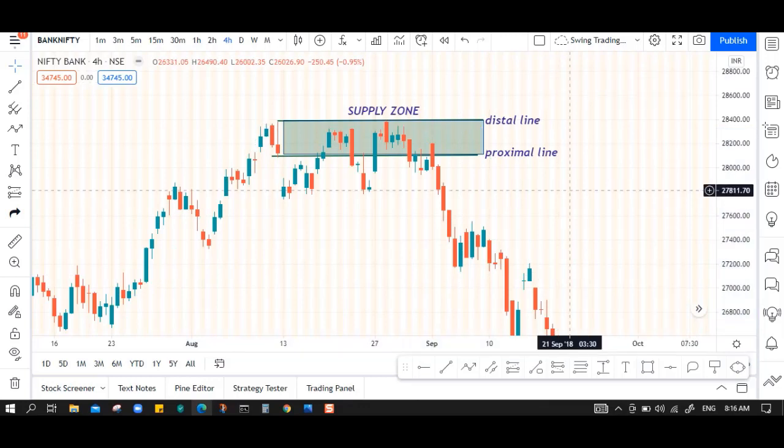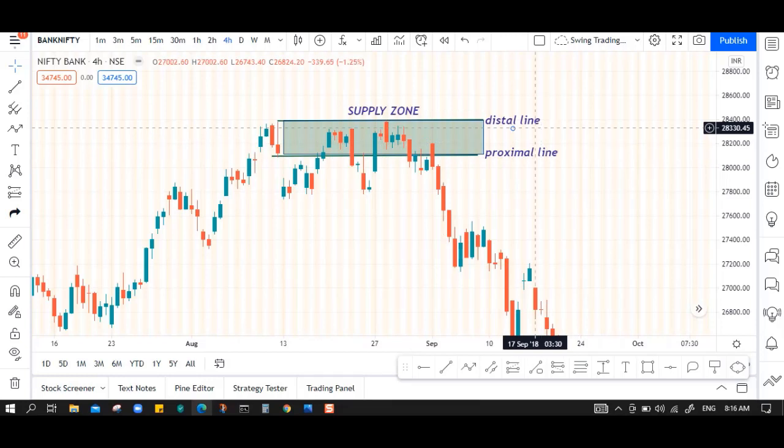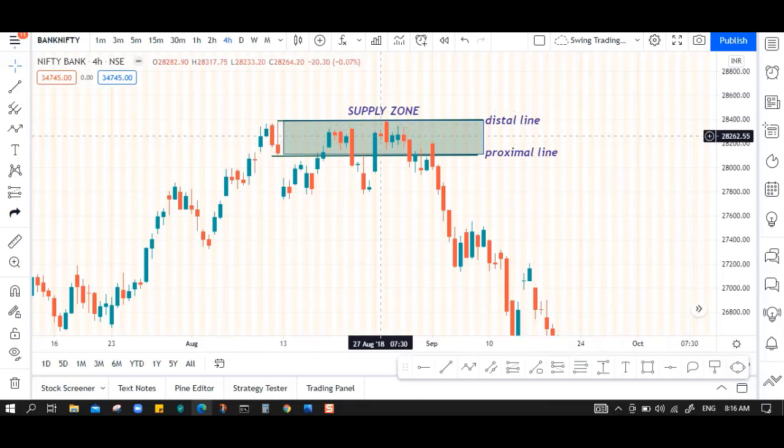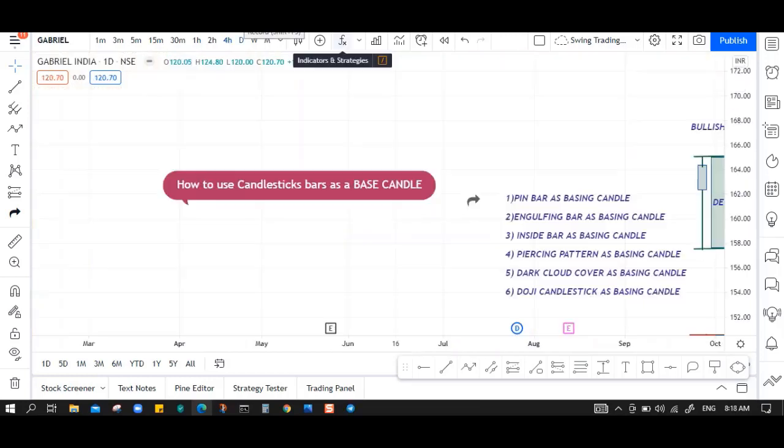So we will be in the market before the chart pattern traders take the trade, because we know that this is a supply zone. All you have to do is draw a supply zone by drawing the proximal and the distal line at the upper shadow and the lower shadow. When the price returns to test this zone, there is a high probability that the market will fall, so we will enter the market with confidence and a small stop loss. Okay, so now it's your turn. Open your charts and try to find the supply and demand zones using these pin bars as a basing candle.